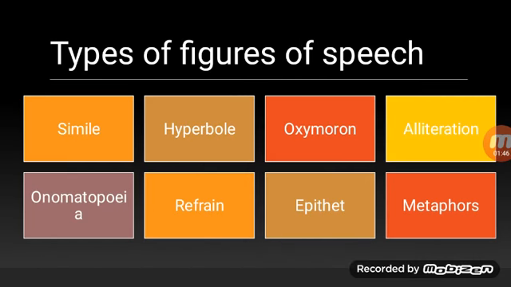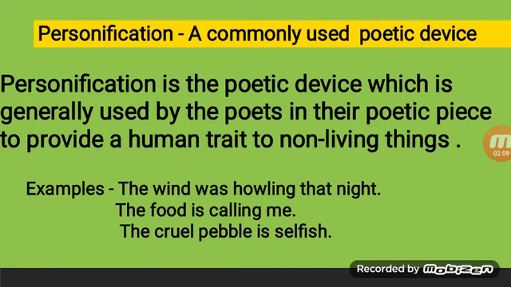Now we are going to learn about types of figures of speech. Let's see: simile, hyperbole, oxymoron, alliteration, onomatopoeia, refrain, transferred epithet, metaphors. We'll have a look at all of these and learn about all of them. So let's proceed now. Before learning about all these poetic devices, we will learn about the most common poetic device,